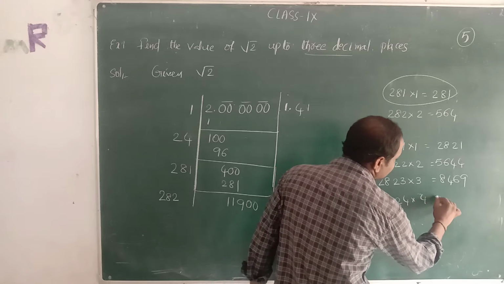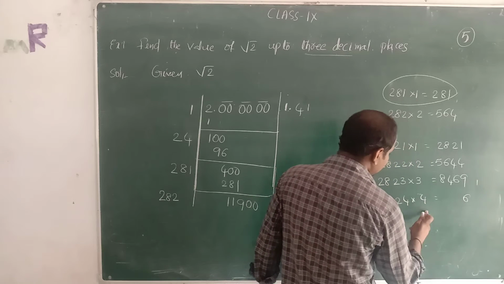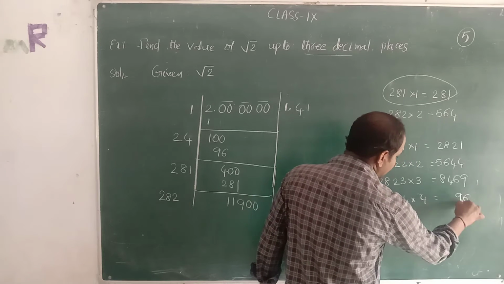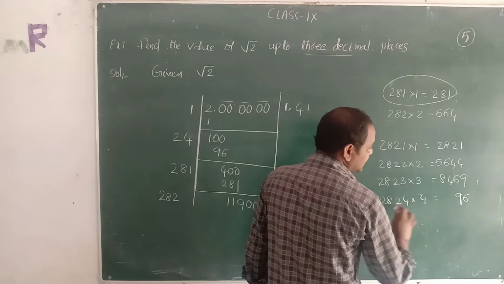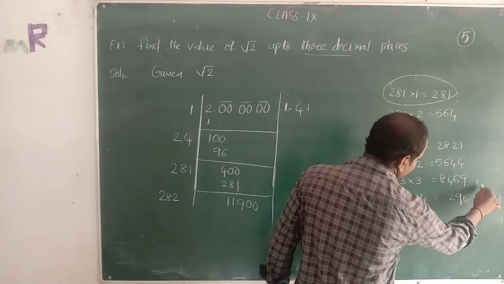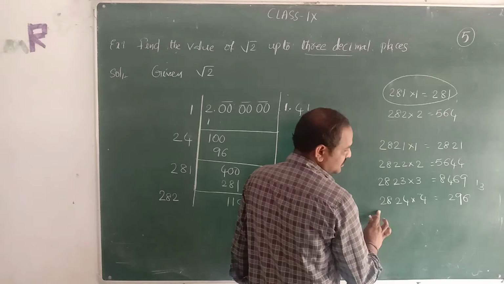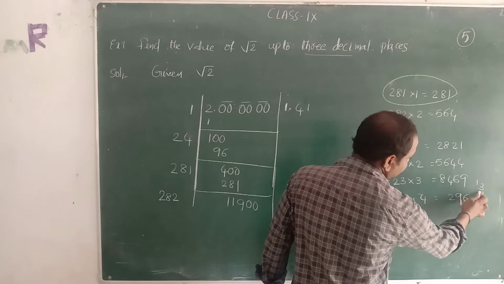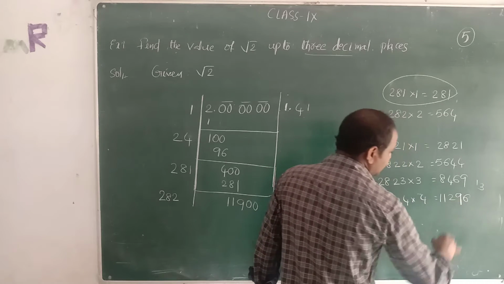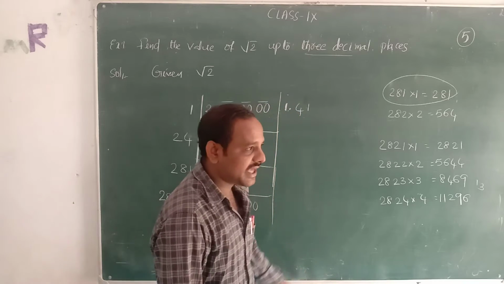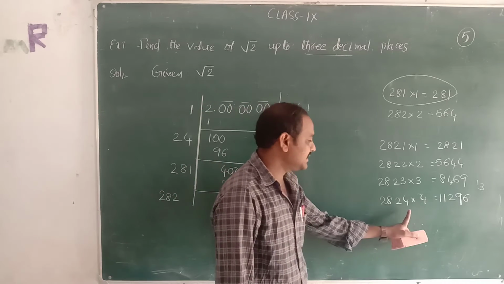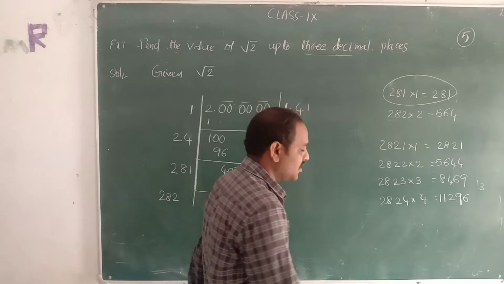2824 4 times. 4 4s are 16, 4 2s are 8 plus 1 9, 4 8s are 32, 4 2s are 8 plus 3 11. So 11,296 we got at the time of 4. Now